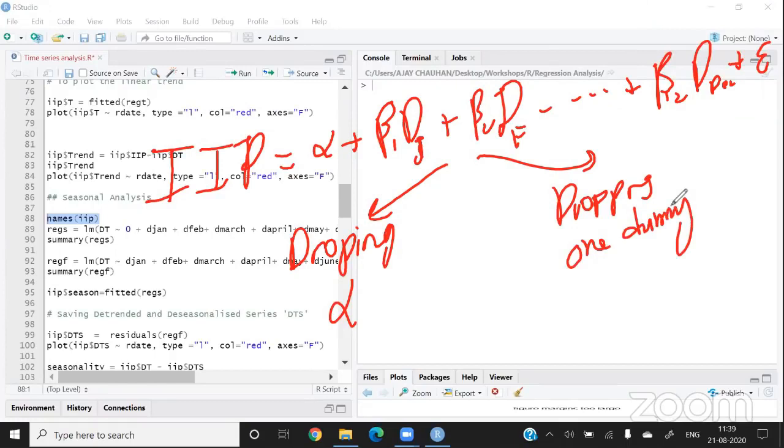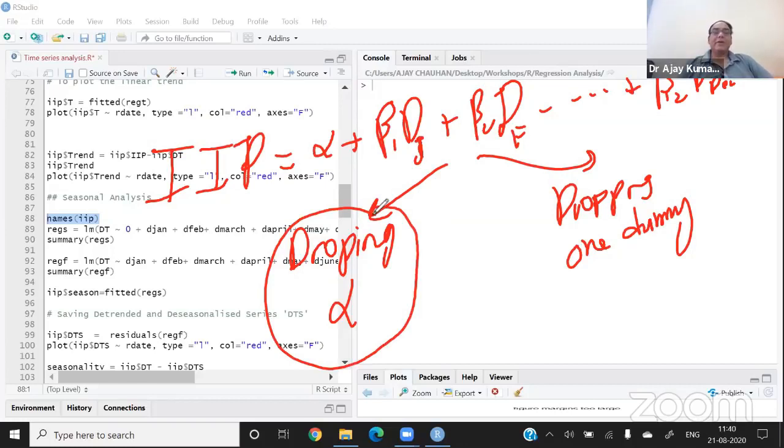Now, which method should we use? Actually, we cannot say that we can use only method number one, or only method number two. Ideally, we should use both methods. First of all, we use this method, and then we find out in which month the average is the highest, and in which month the average is the lowest. After identifying which month has the highest IAP and which month has the lowest IAP, we can select that month and drop it. Right. So I will use both equations to decide which dummy variable I should drop to make the equation. Now I am running it.